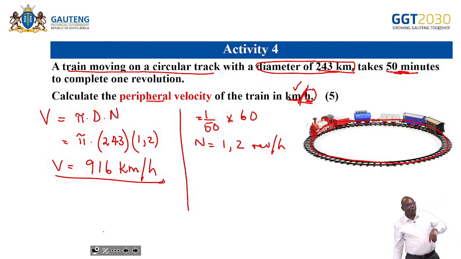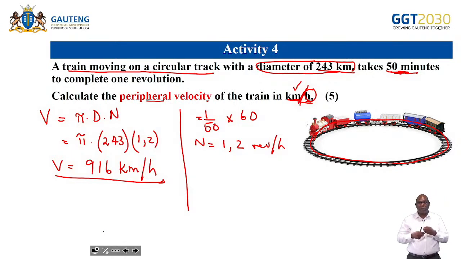So can you see, for it to complete the circular track, which has a diameter of 243, it needs to be traveling at 916 kilometers per hour. This should be a bullet train because that speed is very fast. Okay, so these are, as I say, applications to the work that we are doing on circles, angles, and angular